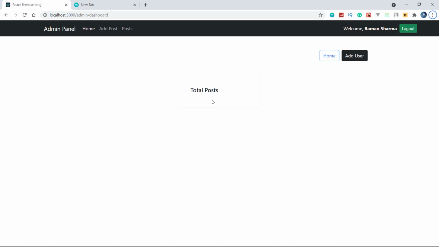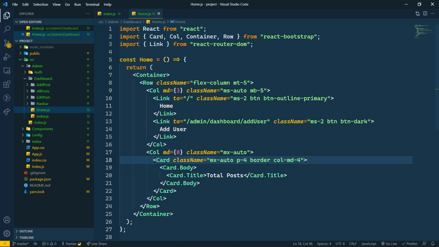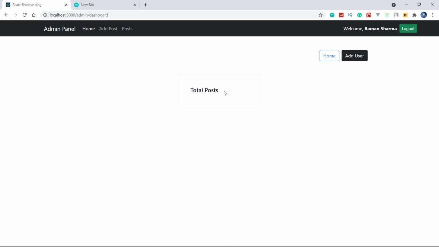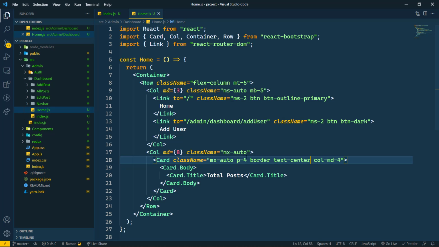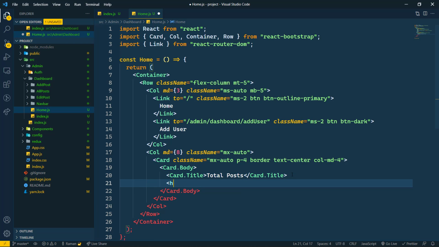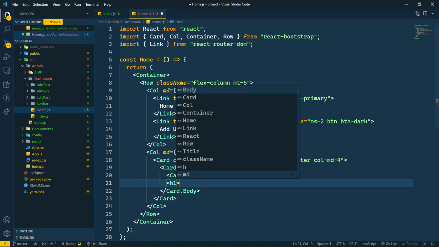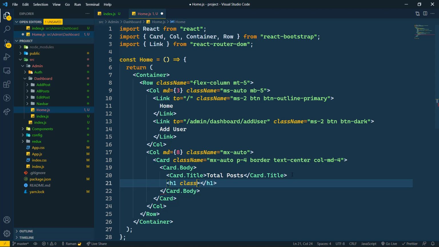So see that here we are getting this one, that is Total Posts only, and we have to make it to the center, so that's why I'm going to write text-center here. Save this. So now we will get text in the center only. Now we are getting text in the center, and here I'm going to write one h1 tag, and its class name will be display-1, and here I'm going to write by default 0.